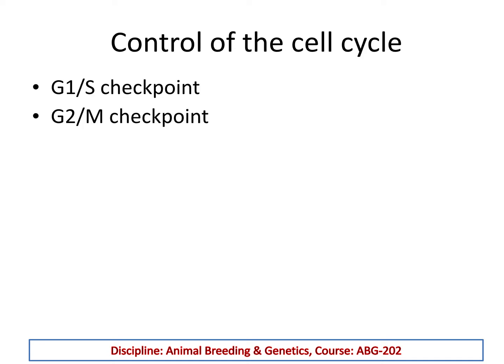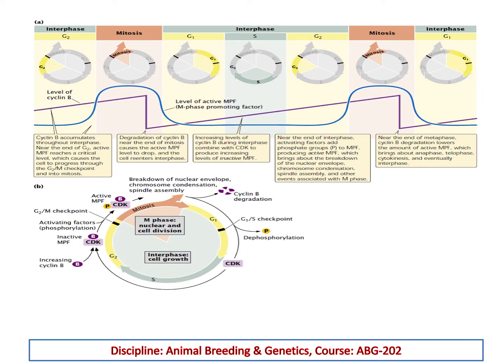Now, as I have previously told you, there are a couple of cell control points for the cell cycle. So that's number one, the G1/S checkpoint, and number two is the G2/M checkpoint. Now this cell cycle is shown here in this slide with the help of the actual events going on. In interphase, we know the cell is in G2. So you can see there are different